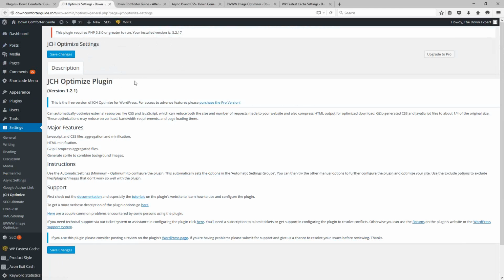Initially, I almost bypassed this plugin for this one particular reason because it said it's not compatible. However, after doing some fairly thorough testing with it, I actually figured out that despite this message, this plugin does actually work and do what it is supposed to be doing. And it actually does a really, really good job at it. I really could not find anything else out there on the market that does a better job of what this